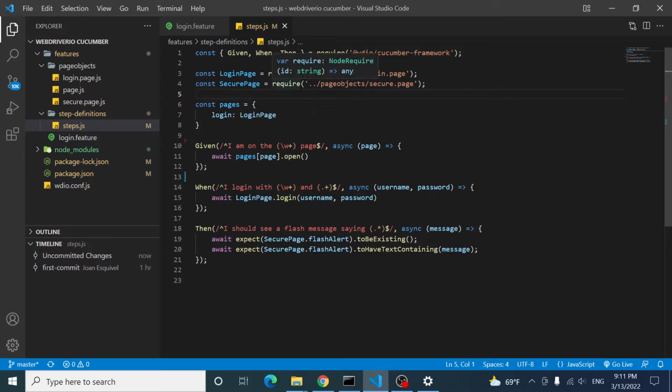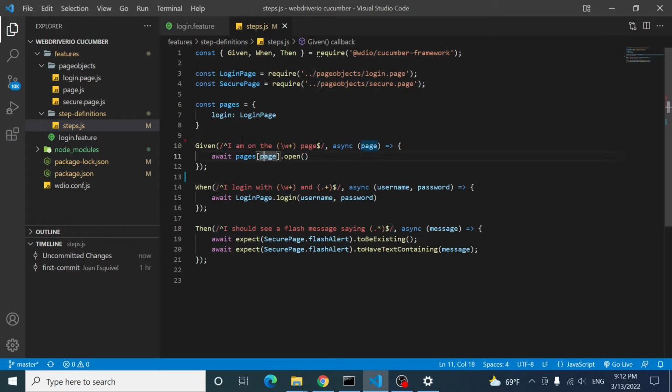Let me explain what is happening here, because if you saw the video that I created for Cypress, we did it differently, but here is a different context and scenario. Basically, we have the Given here, but it is a regular expression, okay? It is starting with this syntax, and basically what is happening is that